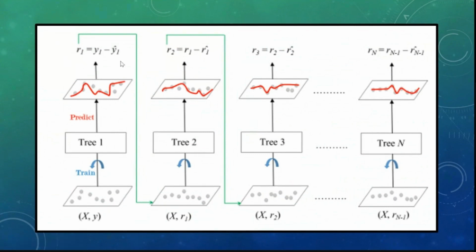Now what we will do in the next step? We will consider this error and plot another graph, which is the vector x versus my residuals. Now we will train this residual using our decision tree, and then we will fit a line and then again calculate the residuals. So what will happen? These residuals will decrease with time. Why? Because the first time when we are considering the model, we are considering it without error. Now we have some error in the first iteration. Now we are including that error in my